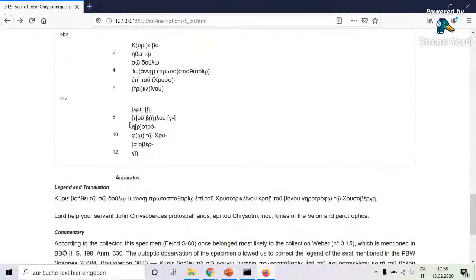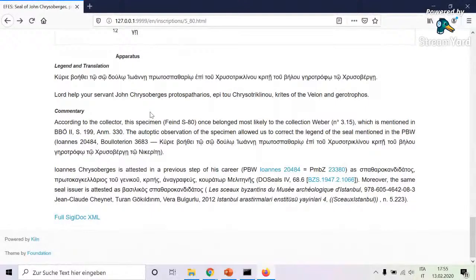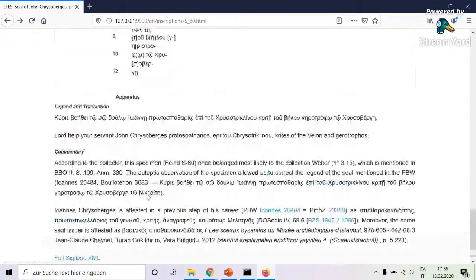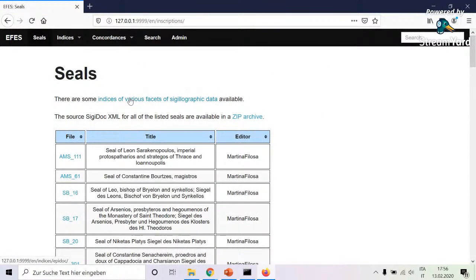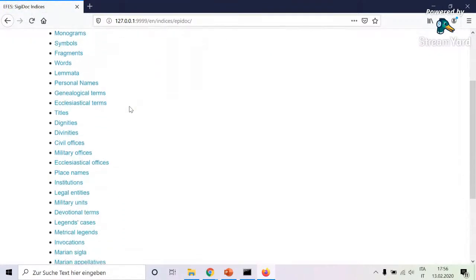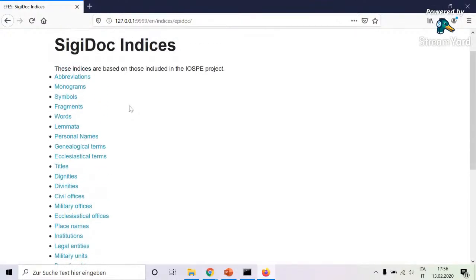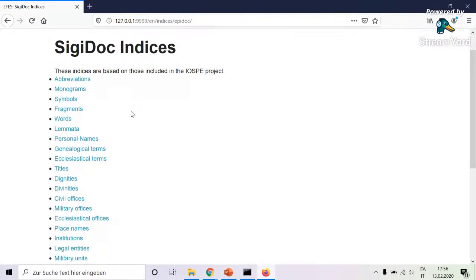And here then you see everything which is actually expected within an edition. So legend and translation and commentary with cross-references and links to prosopographies or to other seals databases. Then you can download the XML, as we already saw. I will just show you a couple of indices. So don't freak out. We have a lot of them, as you can see, but we still have to try and group them by